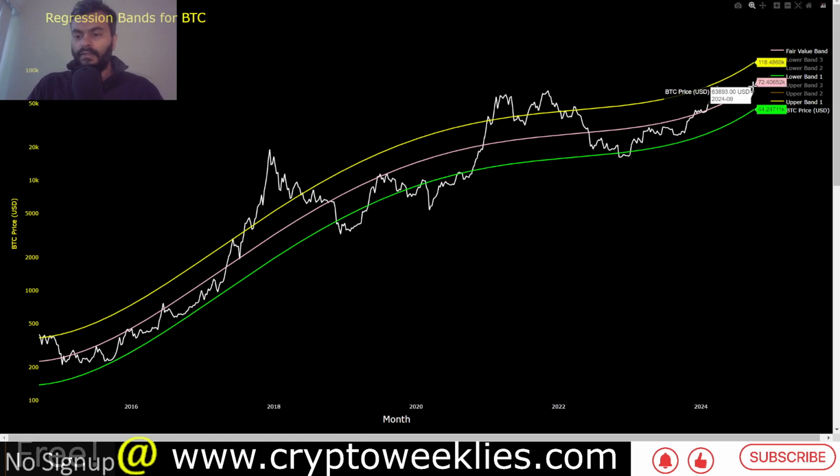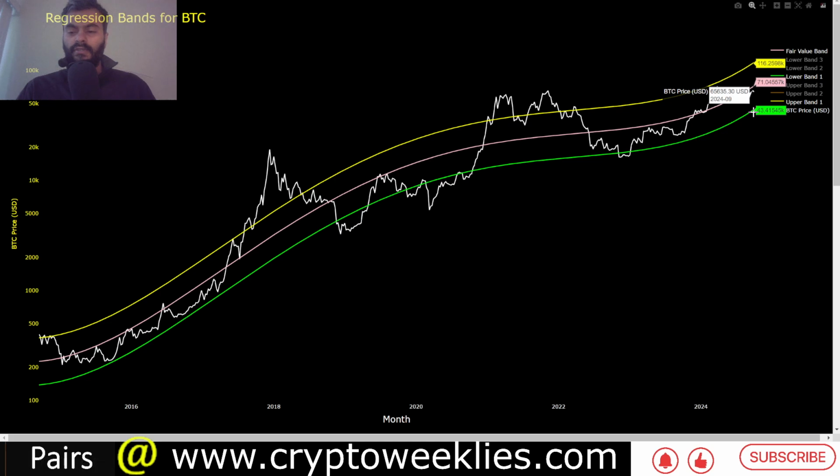Right now, if we were to have a mean reversion rally back to the fair value, that would correspond to Bitcoin hitting 72,400. Again, that would still not be the all-time high for BTC. If, on the other hand, there were further pullbacks towards the end of the year, the level to watch is around 43k, again confluent with the 100-week and 200-week averages.